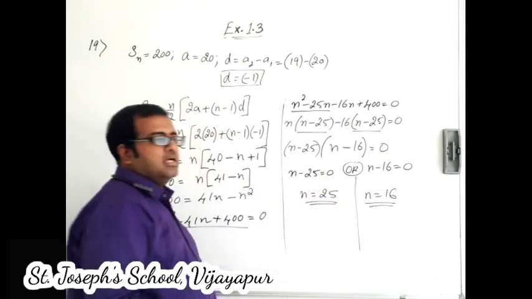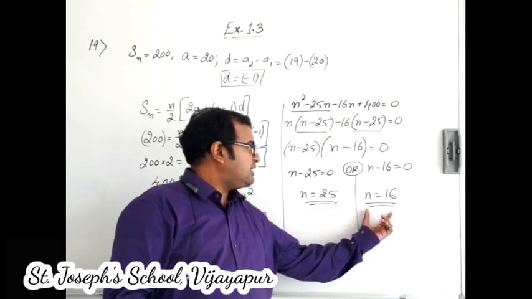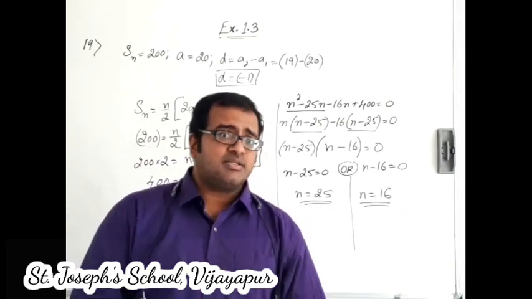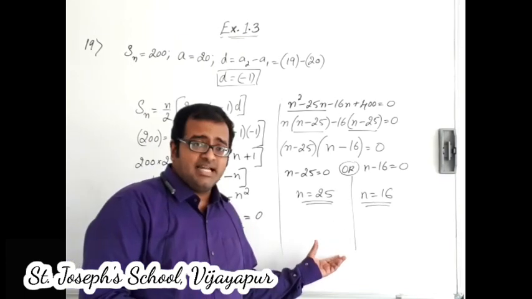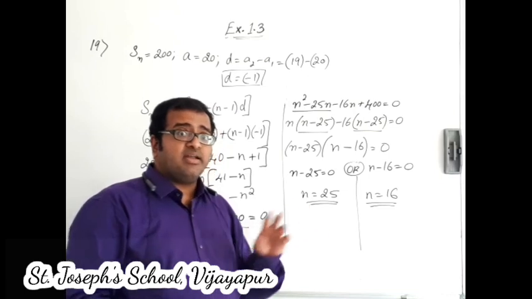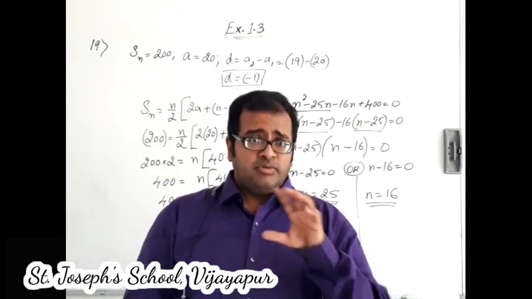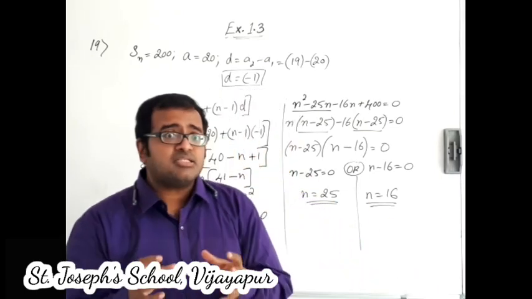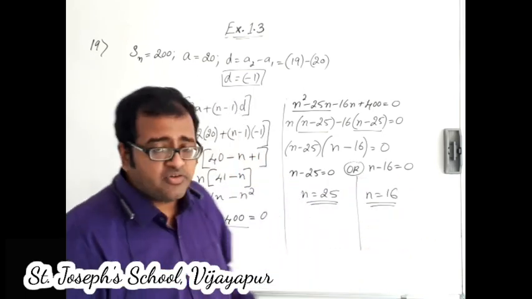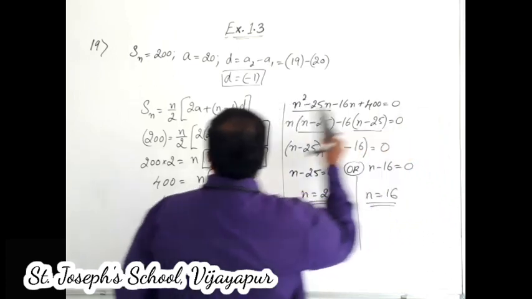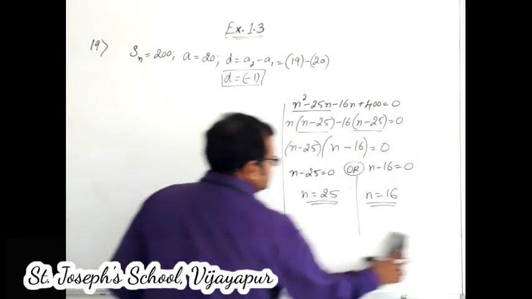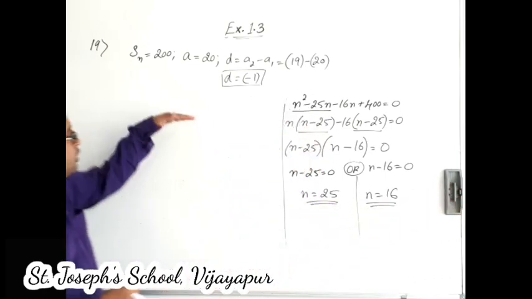You got two answers here. n is equal to 25, n is equal to 16. But only one of them is the correct answer. How do you guess that? The idea is, we will substitute both of them separately and find out the last term. See, the last term shows the number of logs in the top stack. Let us try to find out that. I will rub this part and we will try to find out the last term, that is the number of logs in the top stack.